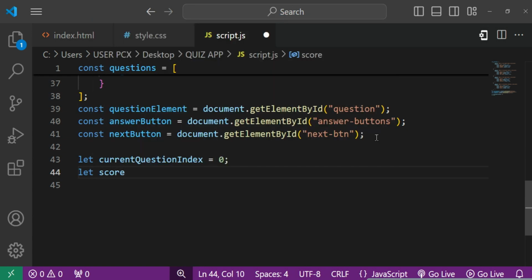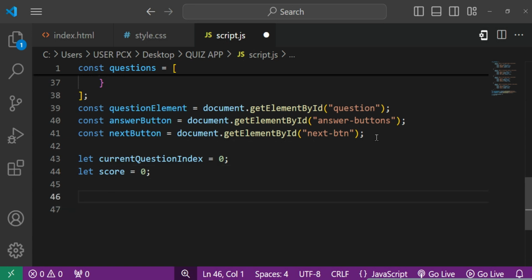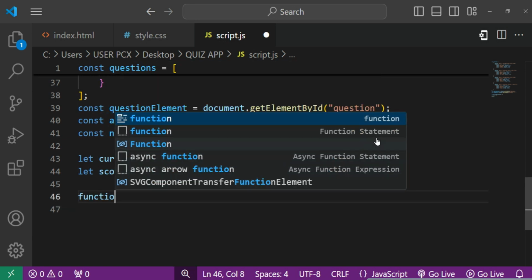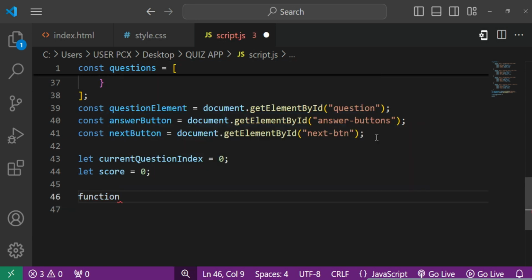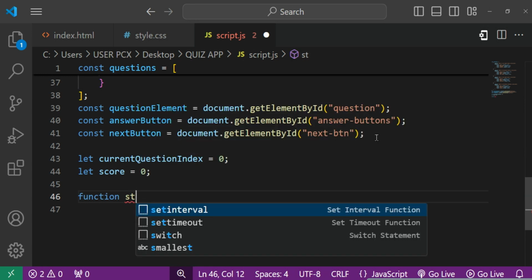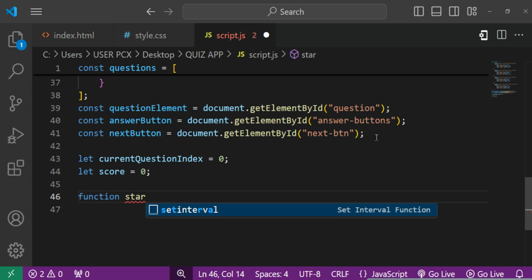So once you start, you will not have any score. That means you have 0 score. It's until you score something that the score will start increasing. So the next thing, write this function start quiz